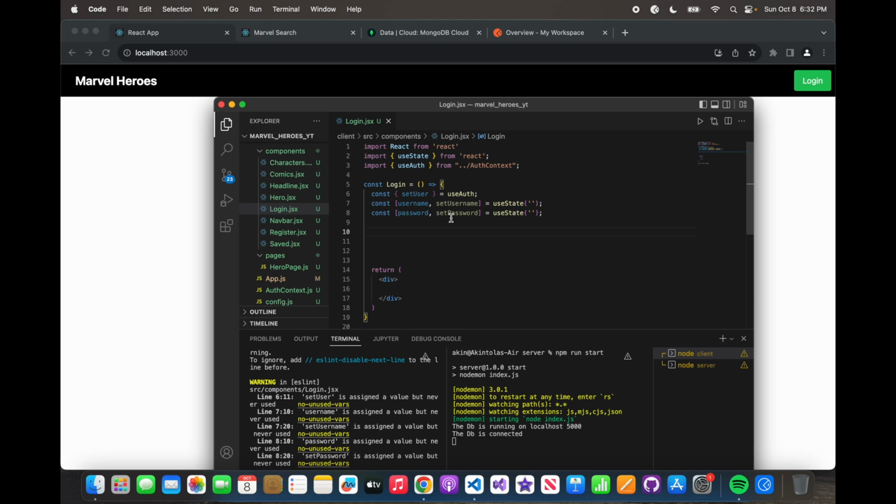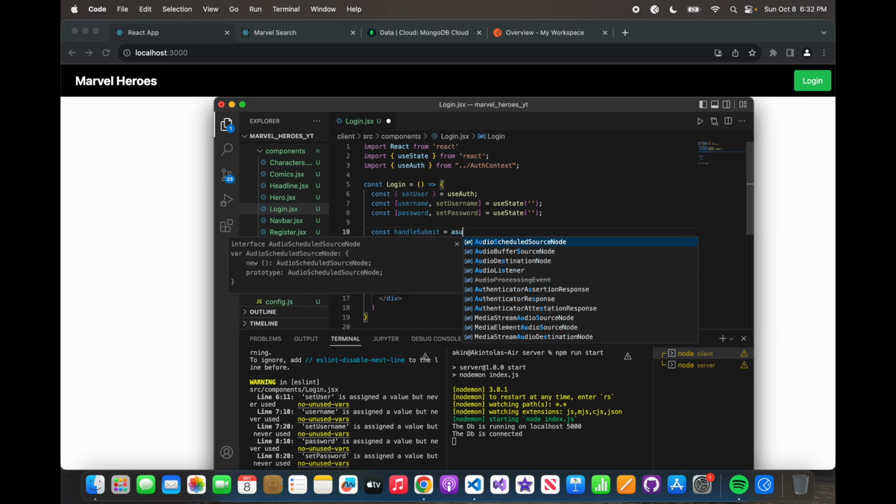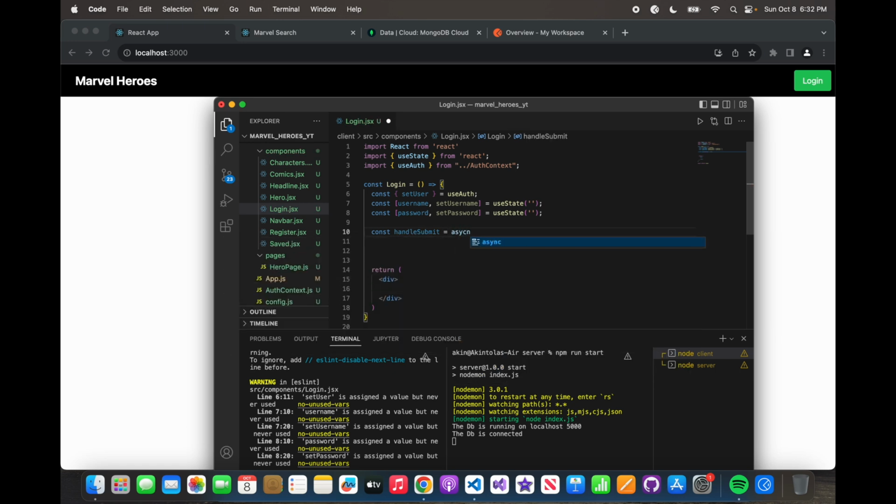So from this, because this is going to be a form, now we're going to be saying handle submit async, because we're going to be using Axios. Async, yeah, just making sure I'm not spelling things wrong. And this is going to be event. And now we're going to say e.preventDefault, and say try catch,